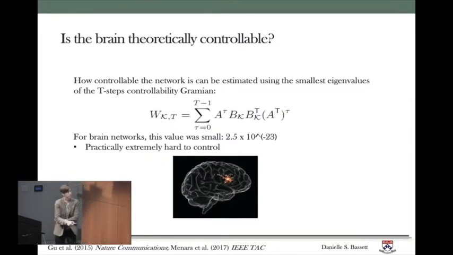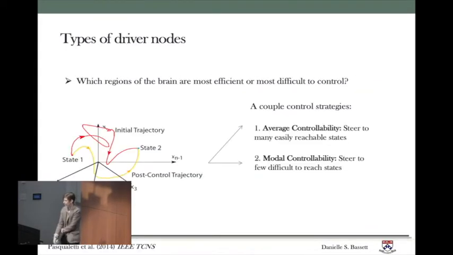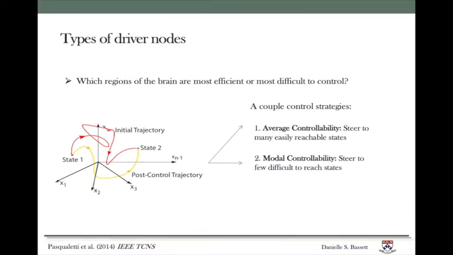However, that's some numerical experiments. Oh, you're not able to see at the very bottom. There were some references. There's a paper by Tommaso Menara and Fabio Pasqualetti in 2017 IEEE TAC, which shows that using analytical experiments, you can also identify that this system is controllable given the linear model, but it's still practically difficult to do. So I think beyond that, what's probably more interesting to me is to say, if you have a network